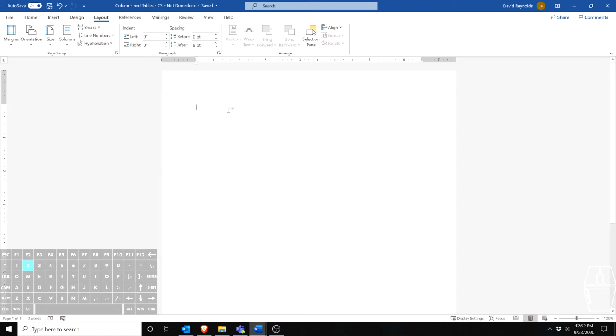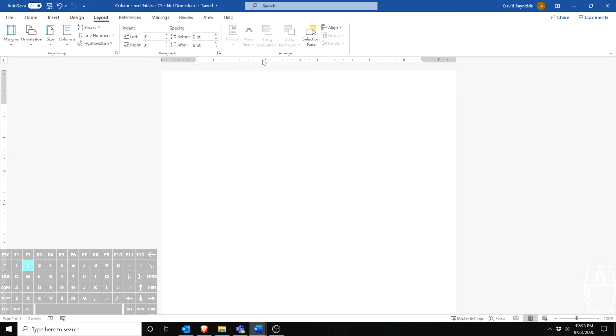This is a tutorial on how to do columns. A column is the ability basically to have things on two different sides of the page, or three different sides of the page, at the same time. Right now I'm in what's called one column mode, and I can tell that I'm in one column mode because